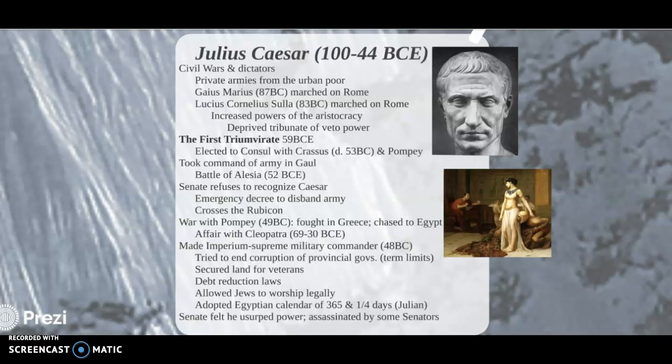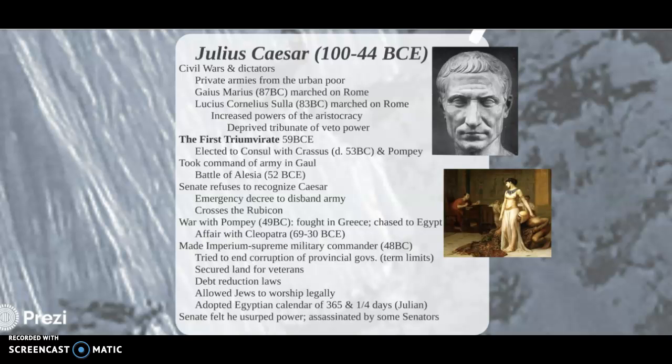In the meantime, Crassus dies in the Middle East, and Pompey will be ruling back at Rome. While Caesar is gone, the Senate will get Pompey against Caesar. After Caesar's victories in Gaul, Caesar is put in a very bad position. He gets word that he's being considered a traitor. He needs to come home, hand over his territory, disband his army. Eventually, Caesar decides to cross the Rubicon, and he is going to invade Rome.